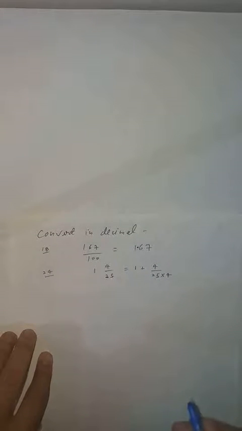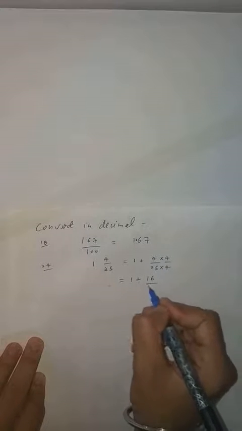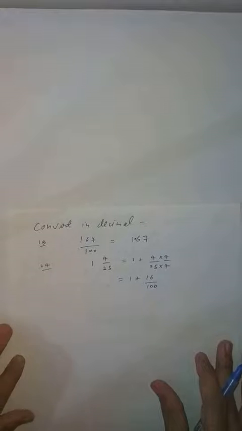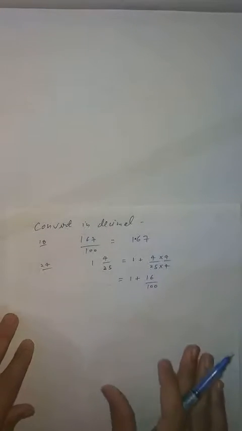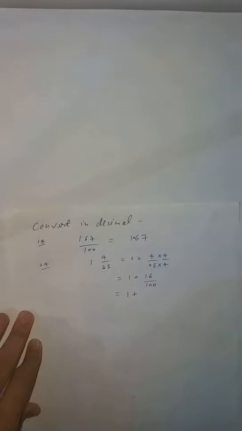Clear? Now you have to think. Now again you have to multiply by 4, because I explained if you will multiply any number with the denominator, then also you have to multiply by the numerator. So now you can say this will become 1 same, plus 4 fours are 16, 25 fours are 100. Clear student? Okay. Now what you have to do? Now student, this has become very easy. Now you know that you can write down 1 same as, 16 upon 100. So you can convert easily in decimal.